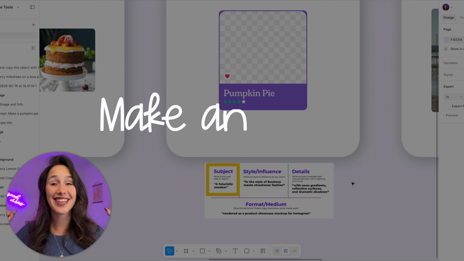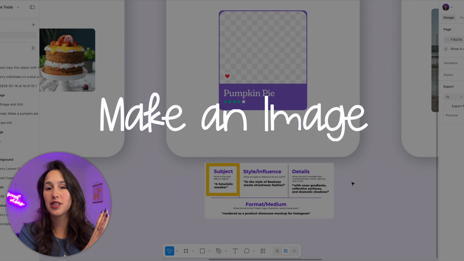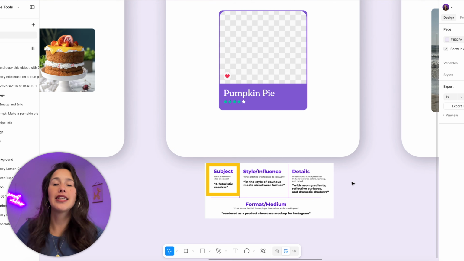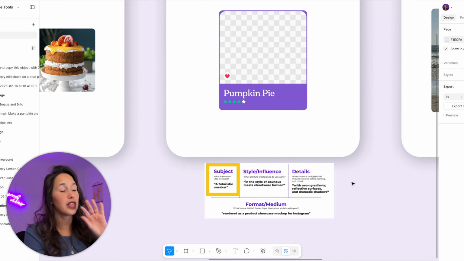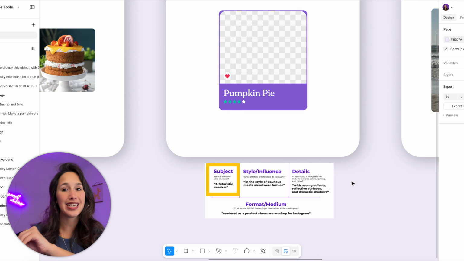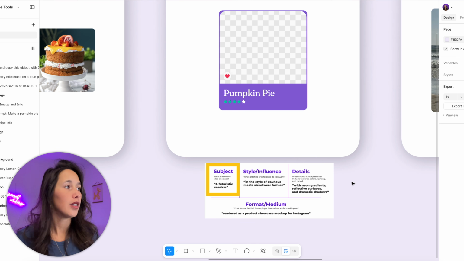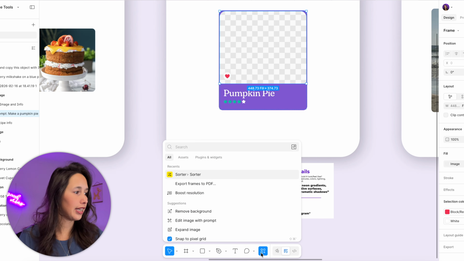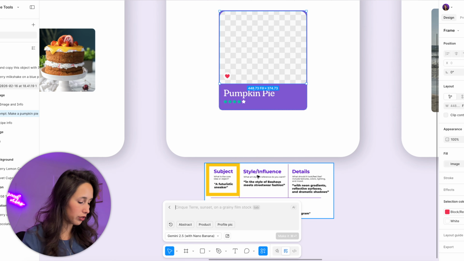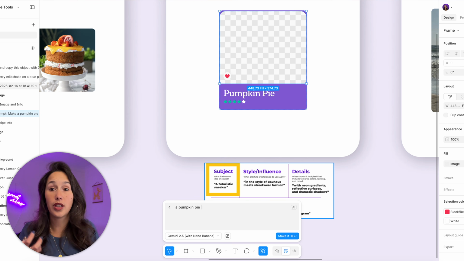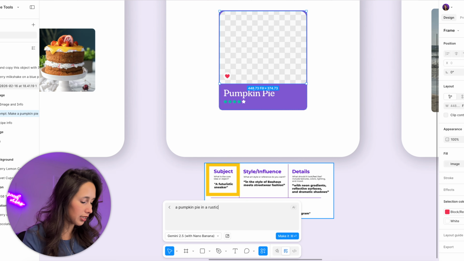So using the skills I learned in that class, I'm going to prompt Figma AI to create an amazing pumpkin pie image. So she kind of gives the structure of using subject, then style/influence, detail, and then the format medium. So all I need to do is just click here and say, make an image. Let's start with our subject. I want a pumpkin pie. Then what is the style or the influence? I want it in a rustic style, sitting on a gingham